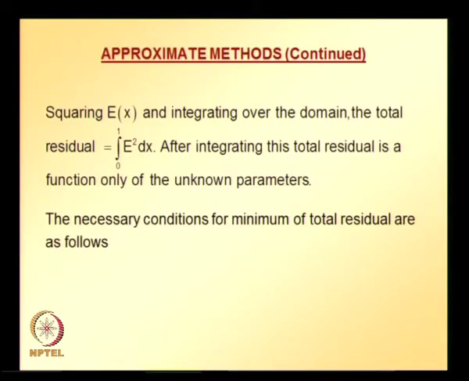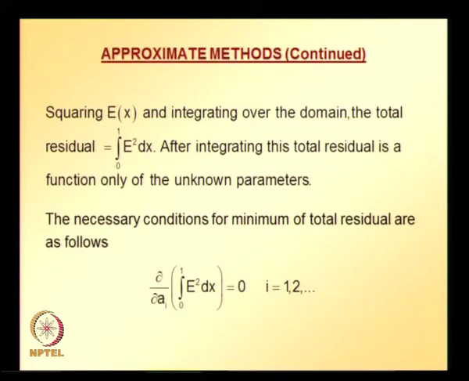Same logic we are going to use here. I want to find a2 in such a way that this total residual is minimum, and the total residual is a function of a2. So, the necessary condition is that the partial derivative of this total residual with respect to this unknown parameter is equal to 0. Here, in this particular example, the residual has only one unknown parameter a2, but in some other example we may have more unknowns. In that case, to determine all those unknown coefficients, we require as many equations as the number of unknowns. So, this is the necessary condition,